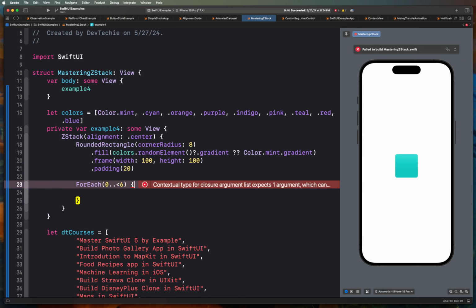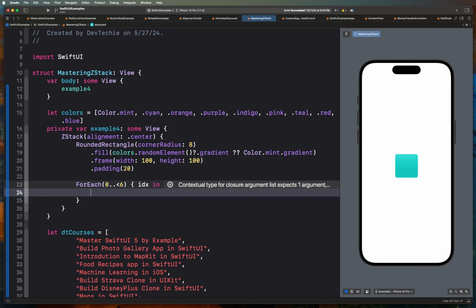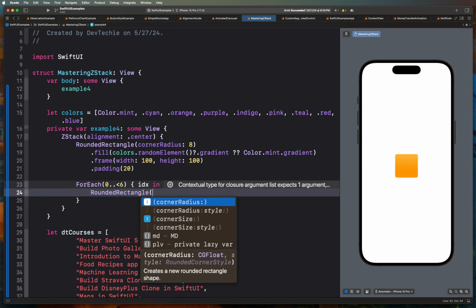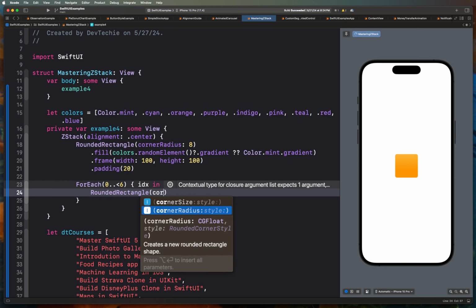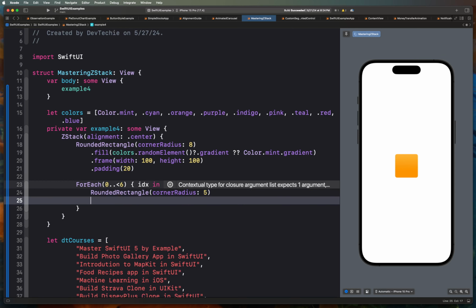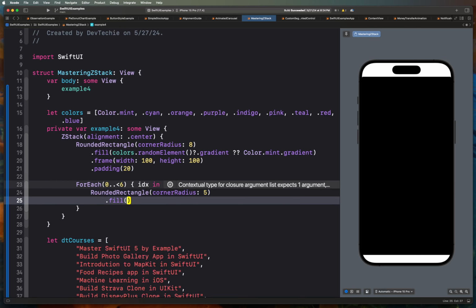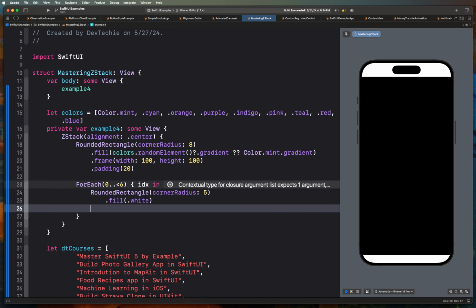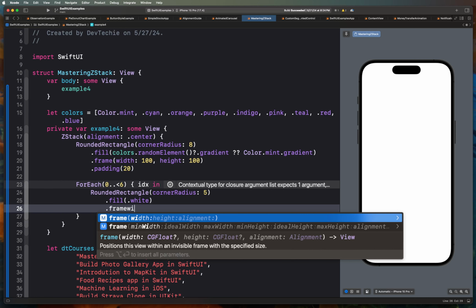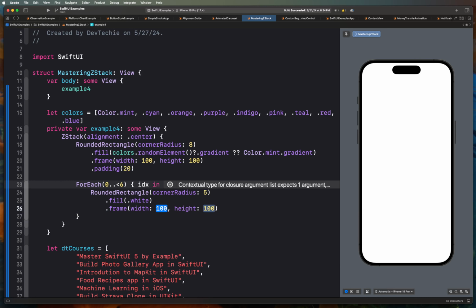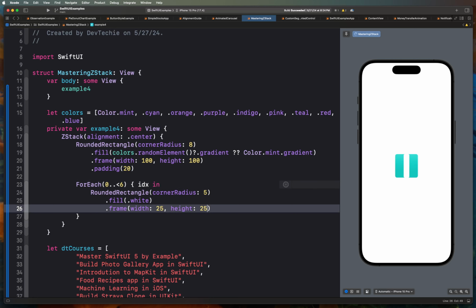All right, it's going to give us an index of the iteration, and we're going to use that to draw another rounded rectangle with the corner radius of 5 points. The fill color for this is going to be white, and the frame with width and height is going to be 25 and 25. Now we should get a single